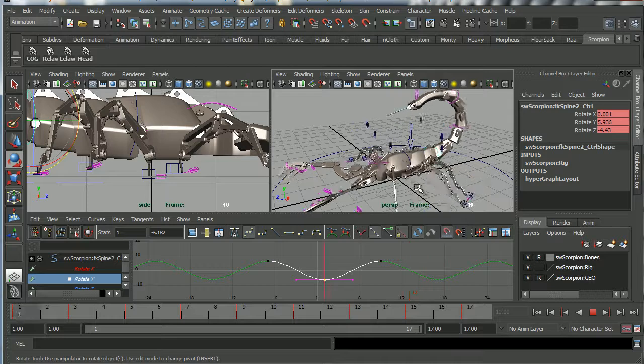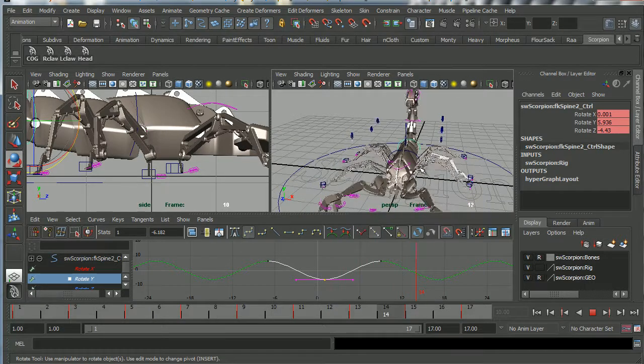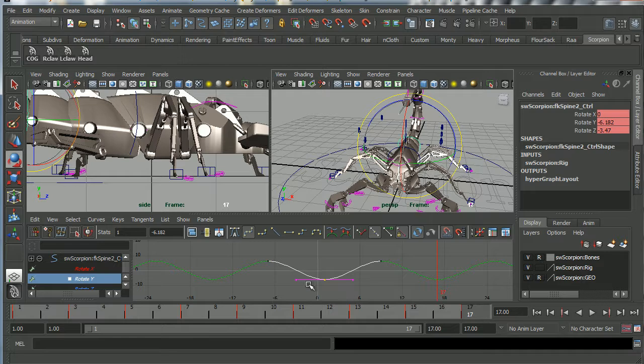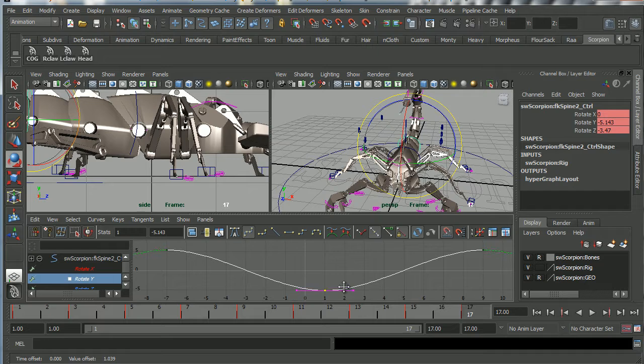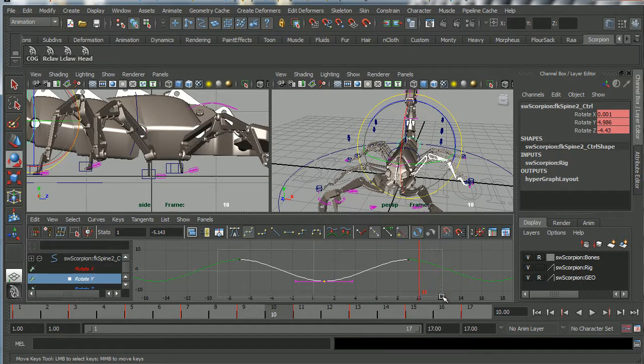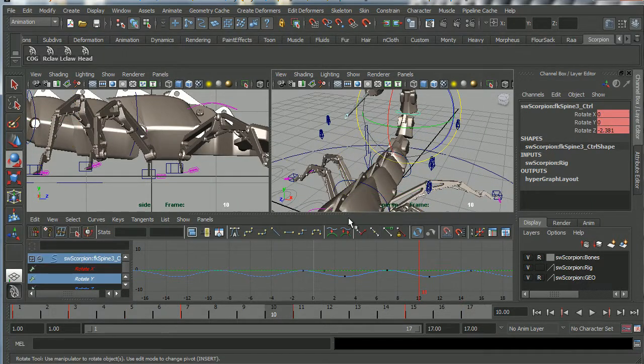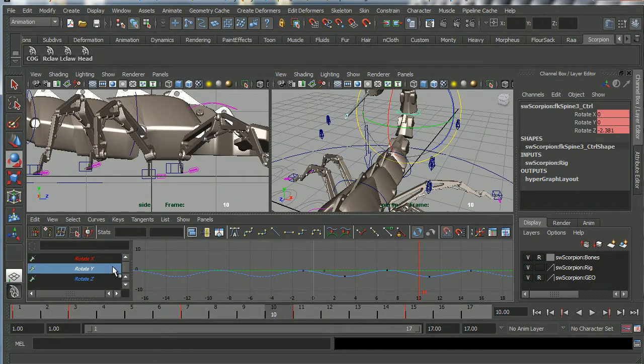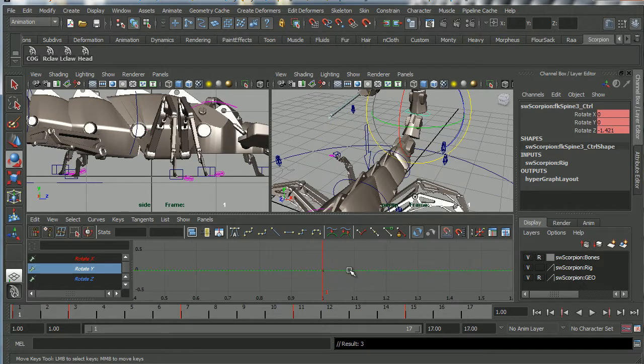Okay, so now you can see we're getting some side to side motion, which is overall more interesting. I might just scale it back a tiny bit. Just seems a little bit too much. Okay. And we can go ahead and copy that curve, edit, copy, and paste it onto the next one, this one here. And again, we can go to the rotate Y curve, which should have nothing on it. Yeah, and go edit, paste, hit A,